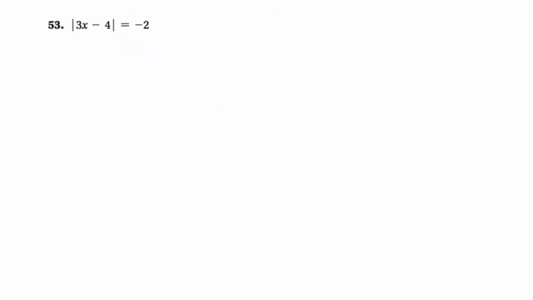With this question, I need to isolate the absolute value sign. It's already isolated on the side by itself. Now here, I'm supposed to be able to make this a positive or negative, but I'm taking a look at the question and it says the absolute value of something is equal to a negative number. Well, that's impossible because the absolute value of anything, that's the purpose of the absolute value, is to get rid